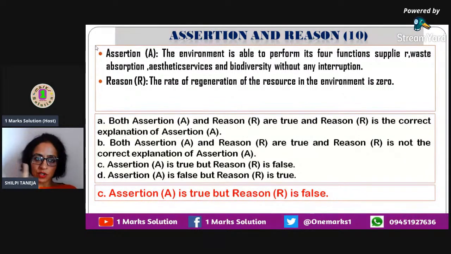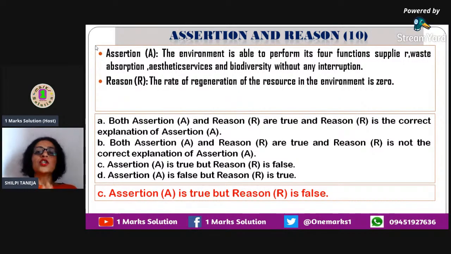This is the first function of the environment. Then the second function is waste absorption: the environment absorbs the waste which is produced by human beings. Then the third function is giving aesthetic services to the people. And fourth is providing biodiversity and providing the genetic environment for living beings to produce